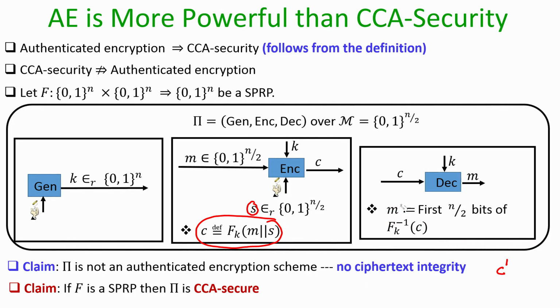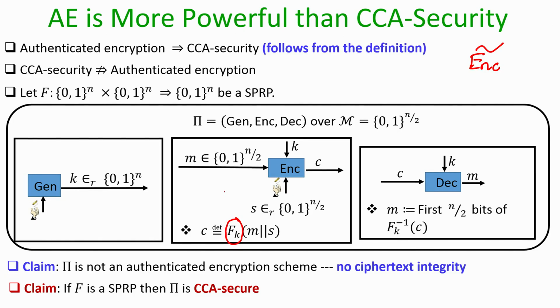Interestingly, we can prove that this encryption scheme has the CCA security property. That means it is indeed CCA secure, and I am leaving the proof of this claim as an exercise for you. The idea behind the proof of this claim is as follows. If we consider an alternate encryption scheme, say pi tilde, where all the instances of this keyed pseudo random permutation